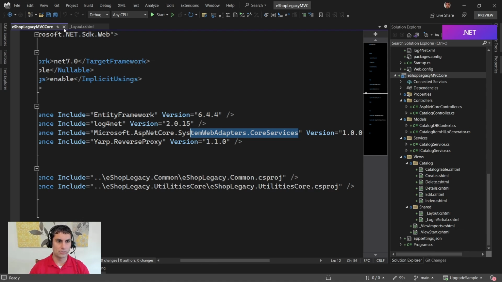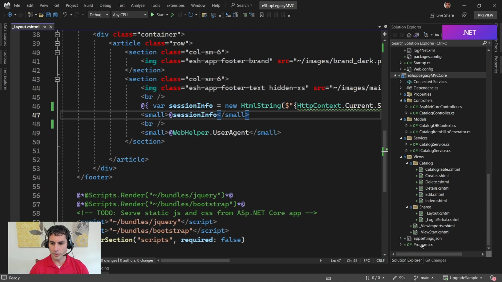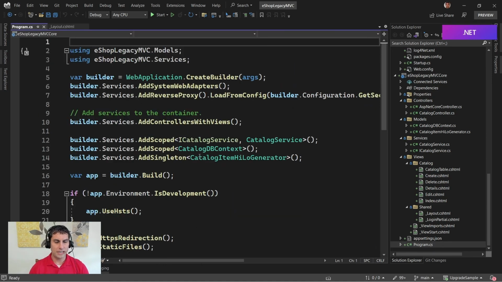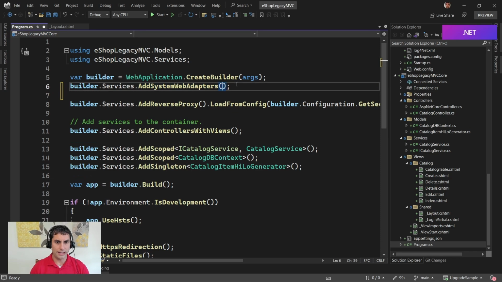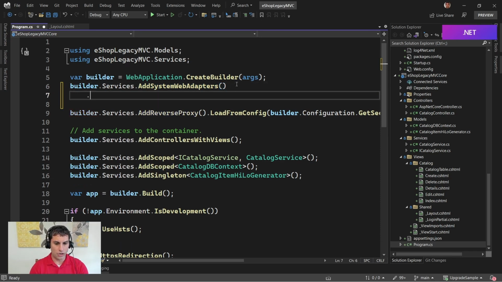So we have that already there. So now we can go into program.cs, and we're going to have to configure a few services. The first thing we're going to do is where we have this add System.Web.Adapters, we're going to go ahead and update this to also say we want to add a remote app client. So we're configuring our ASP.NET Core app to be a client that can go and communicate with an ASP.NET server